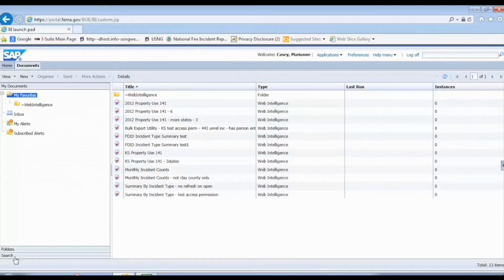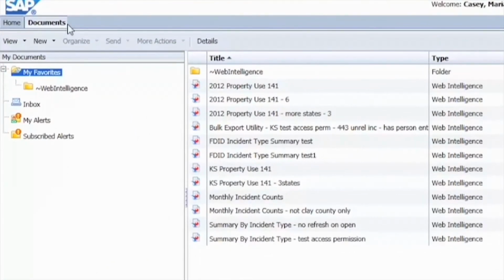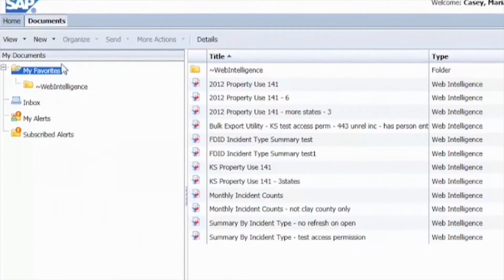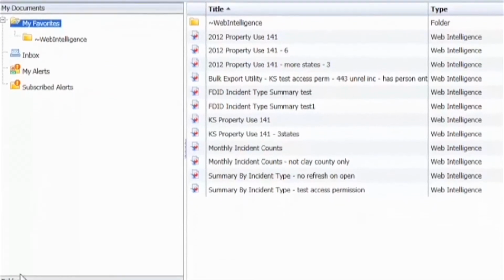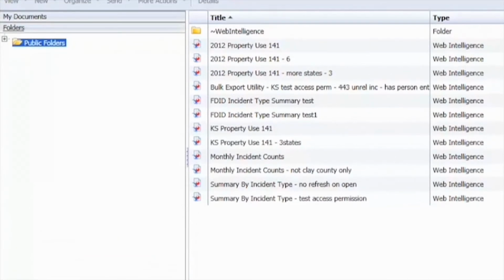We'll use the monthly incident count report located in a folder named Incidents. So, where is that folder and where are the reports? Well, remember, in Business Objects, reports are documents. We're on the Documents tab. Look down in the lower left and use the Folders link to change the sidebar view